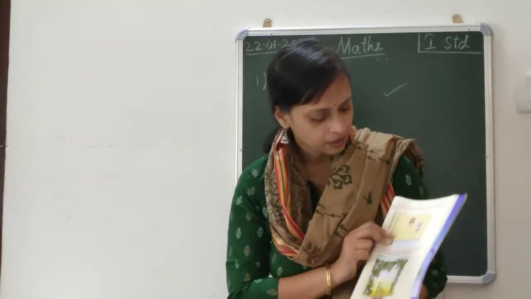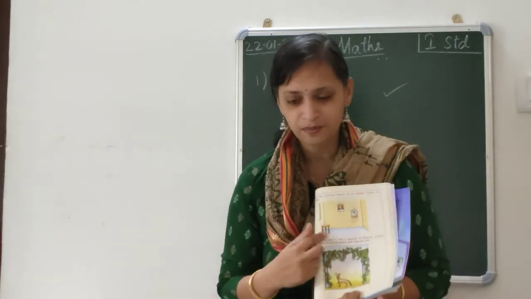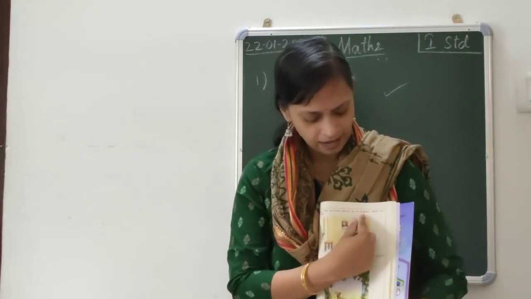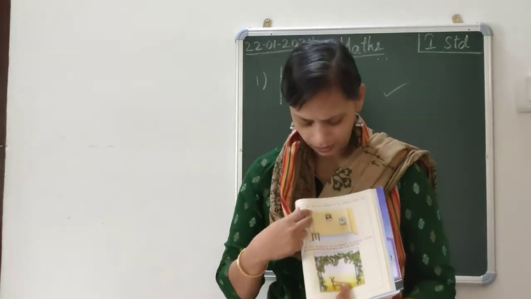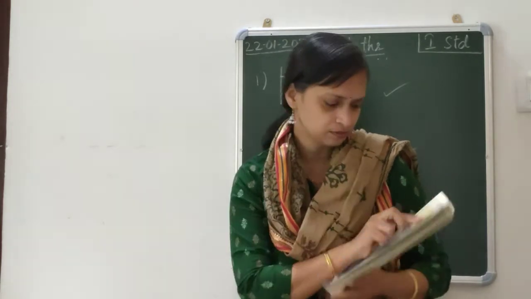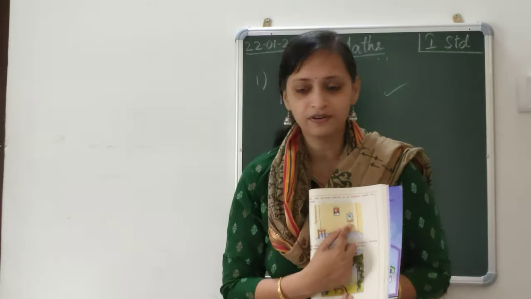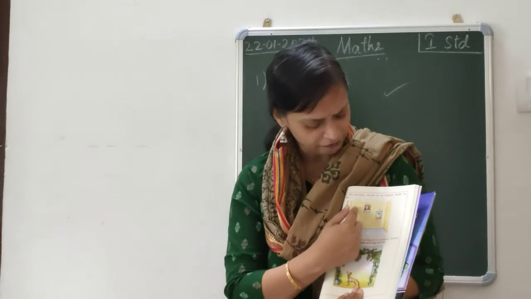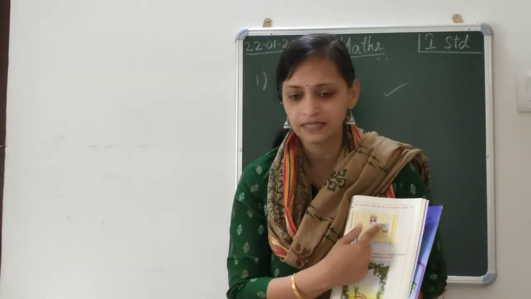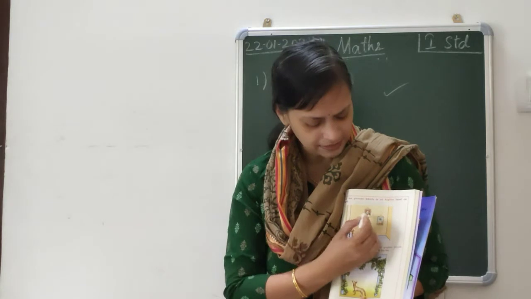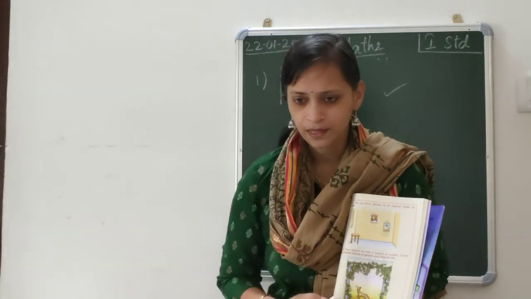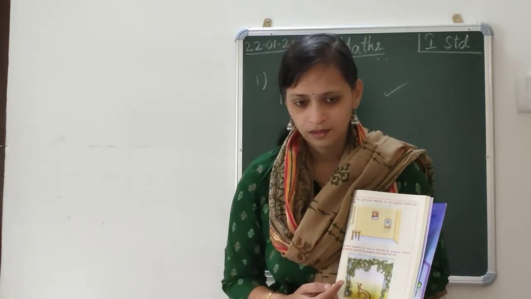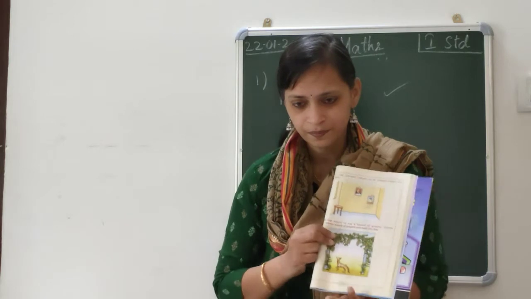Now here you have to circle, next page, page number 175. You have to circle the picture which is at higher level on the wall. So here you have a picture of Gandhi ji, and then you have another picture of a coconut tree. So which picture is? Yes, very good. You have to circle the picture which shows Gandhi ji. Take your pencil and circle this picture. Circle Gandhi ji. Okay, everyone finished?